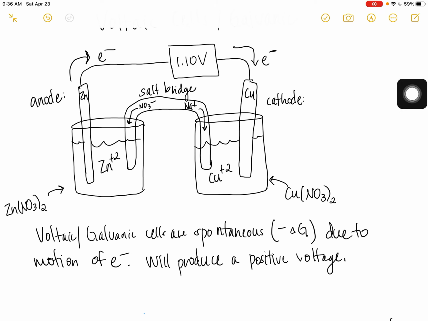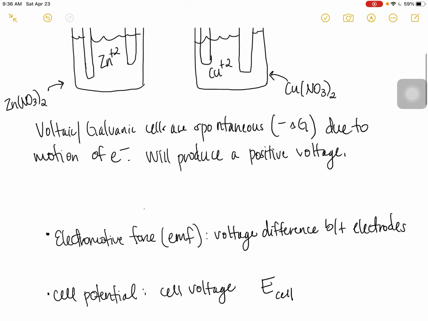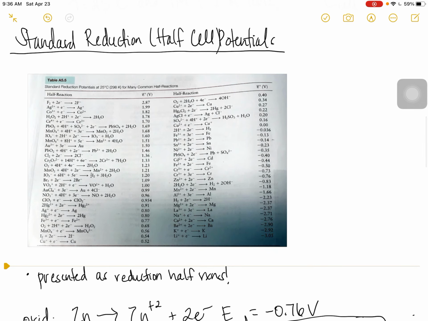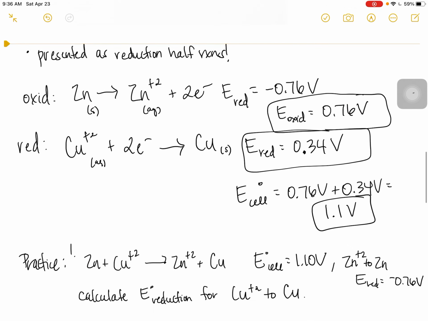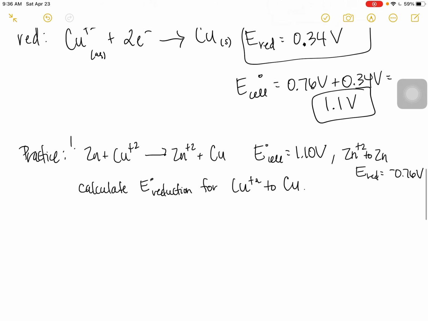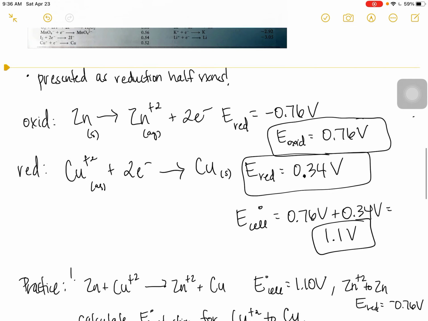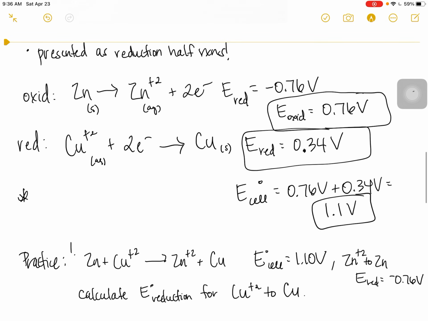And we proved that this cell actually does or should create a voltage of 1.1 volts. Notice it's positive, which means that it's a spontaneous reaction. Okay, so that's how you use the table of reduction potentials to find the cell potential. Now there's a couple practice problems that we'll do, but before I do that, I want to say one more thing, which is that reduction potentials